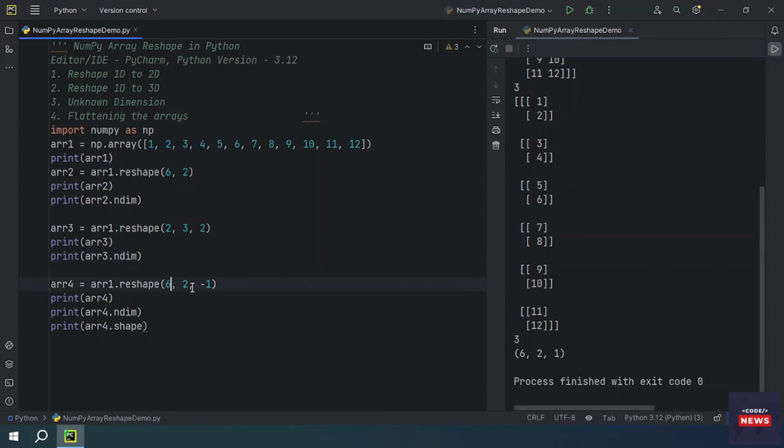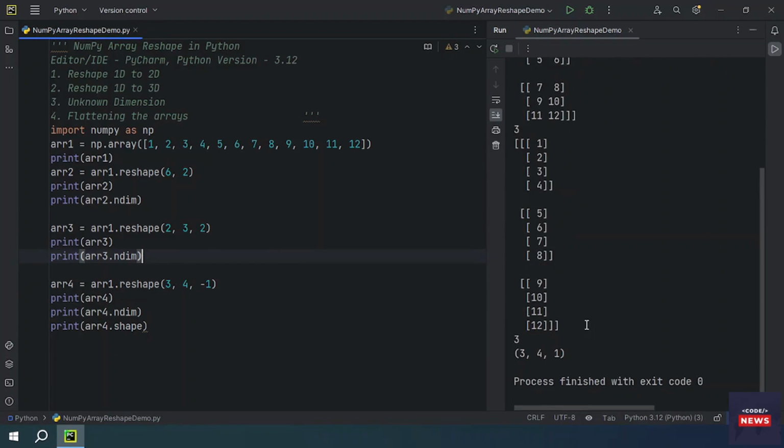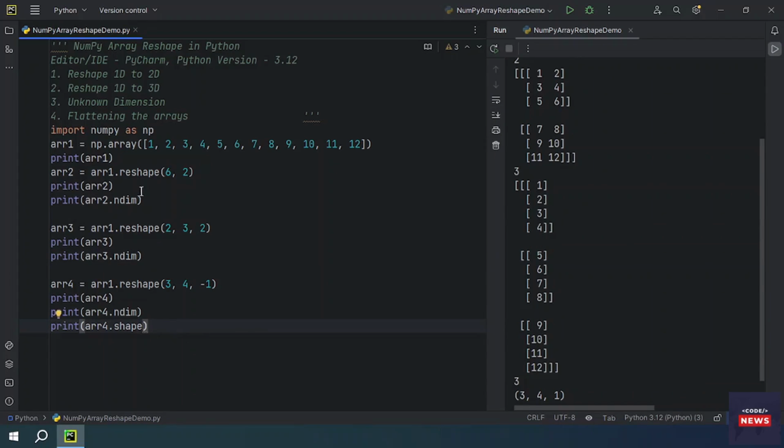If you want to say 3 into 4, then you will get 3 into 4, right? Let's see what is flattening the array. Let me take another array which would be a two-dimensional array, and okay, it's a two-dimensional array. And if you want to flatten all these elements into a one-dimensional array, you can use -1 in the